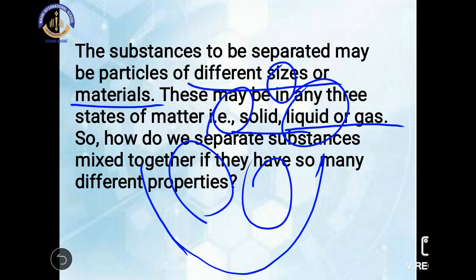Why? Because they have different sizes, and they are also made from different materials. All the different kinds of fruits or vegetables are made from different types of material. That's why, because of the different size and different material, we can easily separate them.